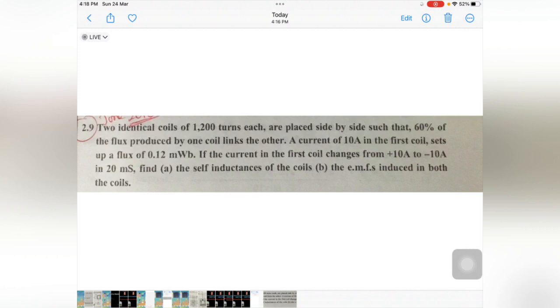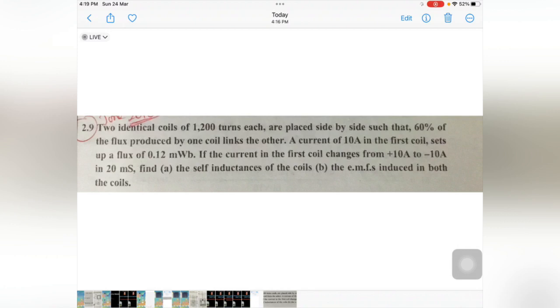It goes like this: two identical coils of 1200 turns each are placed side by side such that 60% of the flux produced by one coil links the other. A current of 10 amps in the first coil sets up a flux of 0.2 milliweber. If the current in the first coil changes from plus 10 amps to minus 10 amps in 20